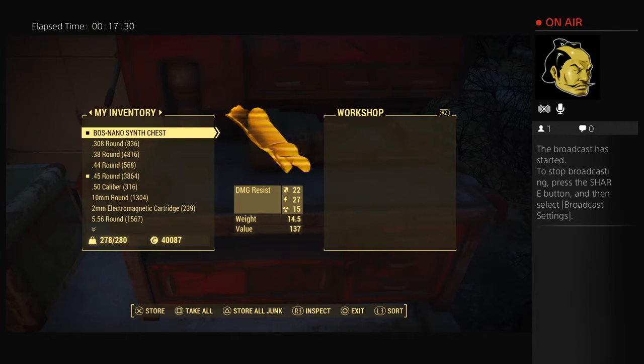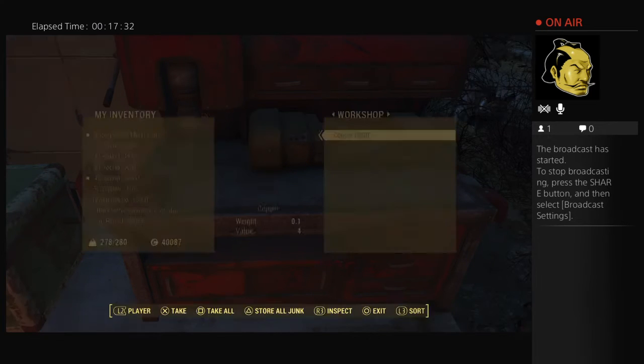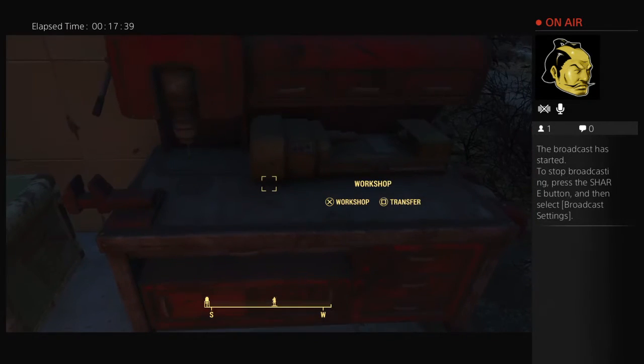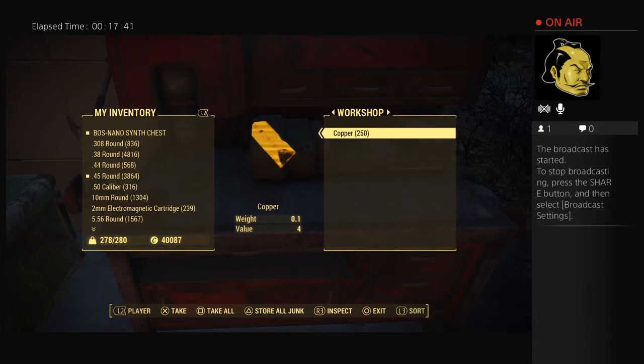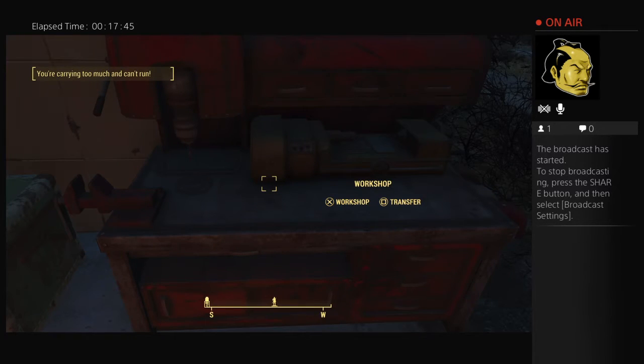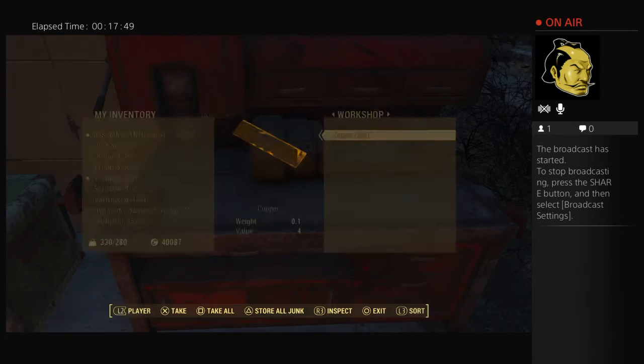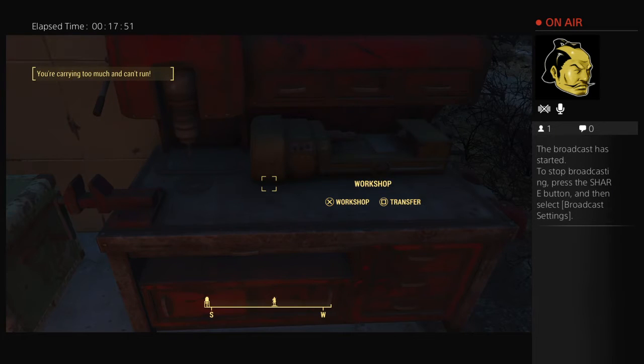So here we go. I have 250 copper now. So now what you want to do is go back, click square to transfer again, and then click the buttons really fast again. I have 225, 500, 775,